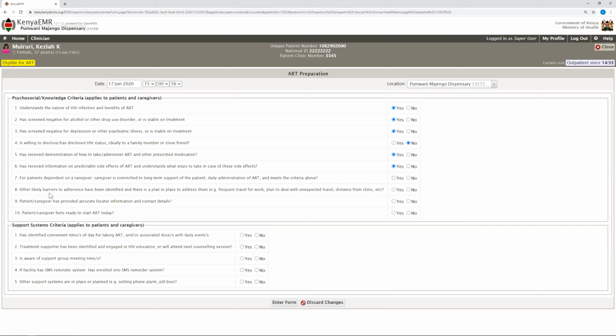Other likely barriers have been identified and there is a plan in place to address them. Frequent travel for work, plan to deal with unexpected travel, distance from the clinic, this one has been addressed by the clinician. Patient or caregiver has provided accurate locator information, which is very important. And then we have, if the client is ready, we start the ARVs, and we go to the next section where we have a